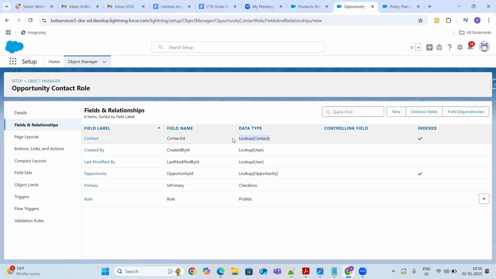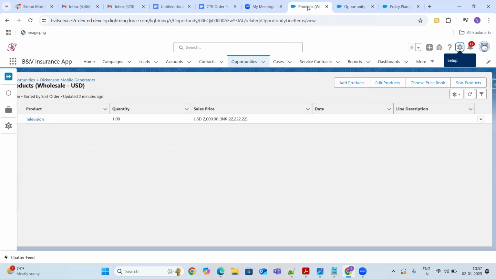So this is one of the opportunity contact roles. It has the lookup to contact and it has the lookup to opportunity. That means it has a many to many relationship between contact and opportunity. So some of the existing many to many relationship examples you can tell are the opportunity products and opportunity contact roles. These are the two standard many to many relationships.